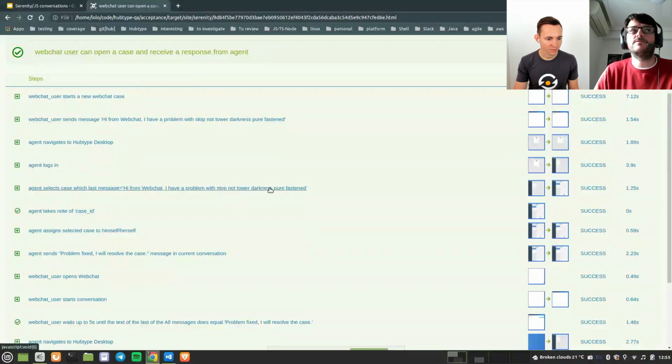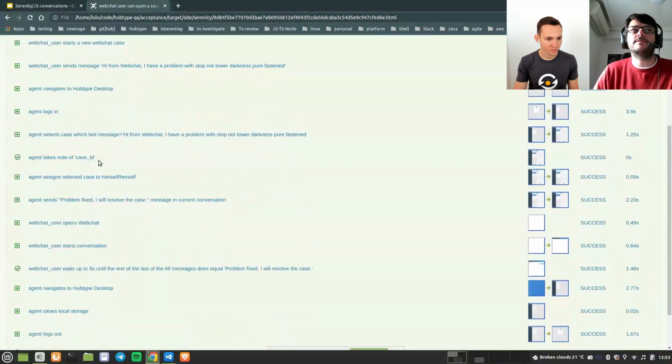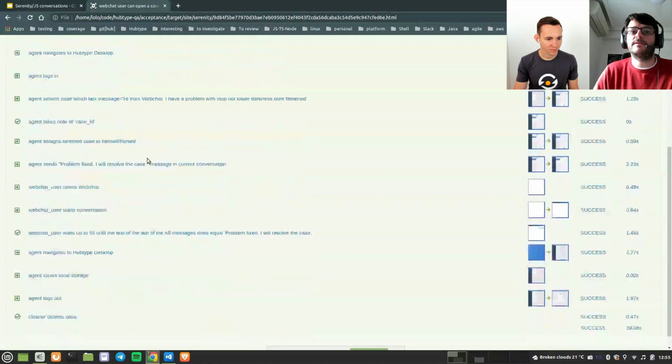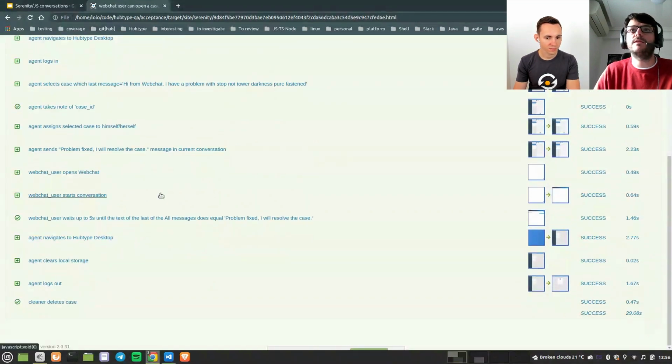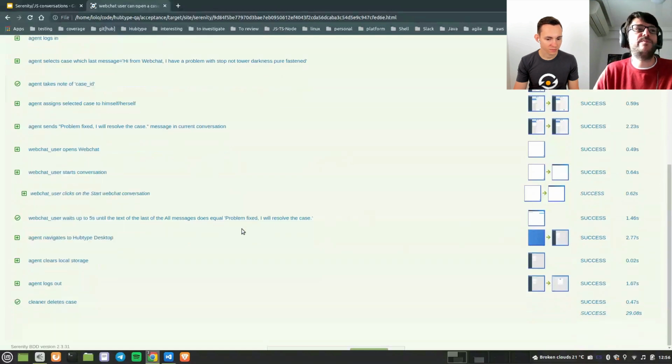We also take note of the case ID for deletion, and then assign the case and send an answer, and then the web chat user will check that the message from the agent is there, and that's pretty much it.